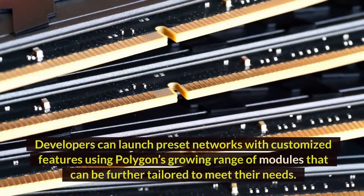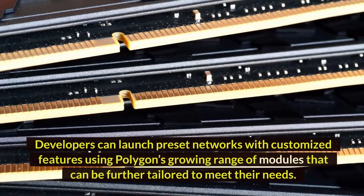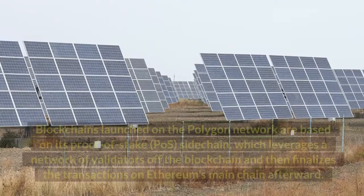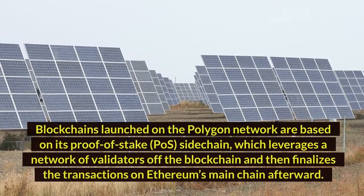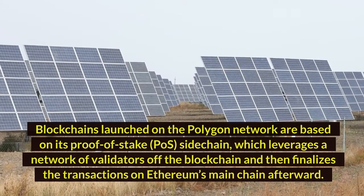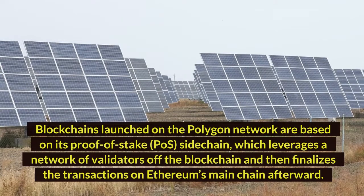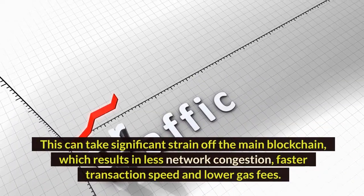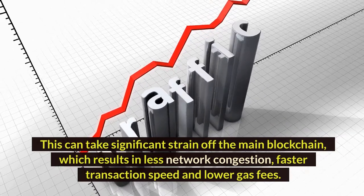Developers can launch preset networks with customized features using Polygon's growing range of modules that can be further tailored to meet their needs. Blockchains launched on the Polygon network are based on its proof-of-stake (PoS) sidechain, which leverages a network of validators off the blockchain and then finalizes the transactions on Ethereum's main chain afterward. This can take significant strain off the main blockchain, which results in less network congestion, faster transaction speed, and lower